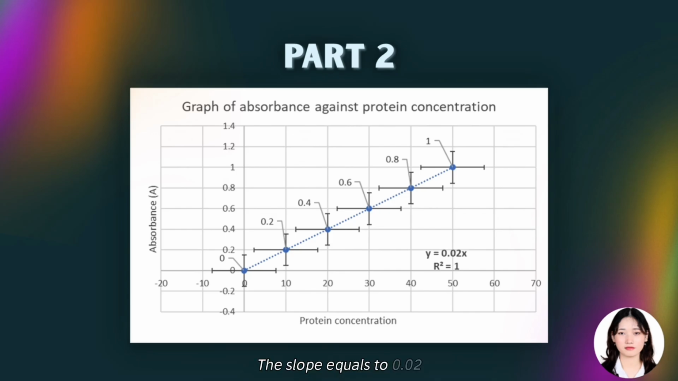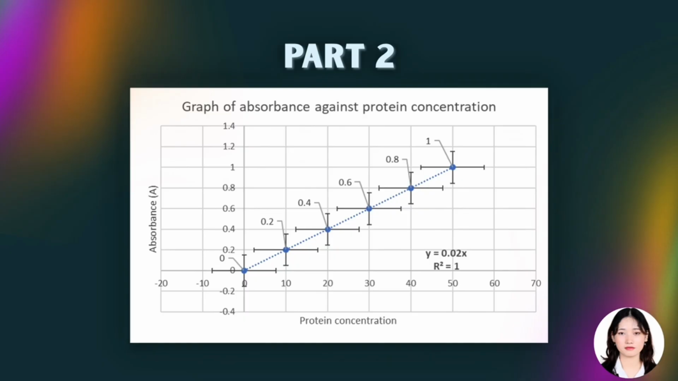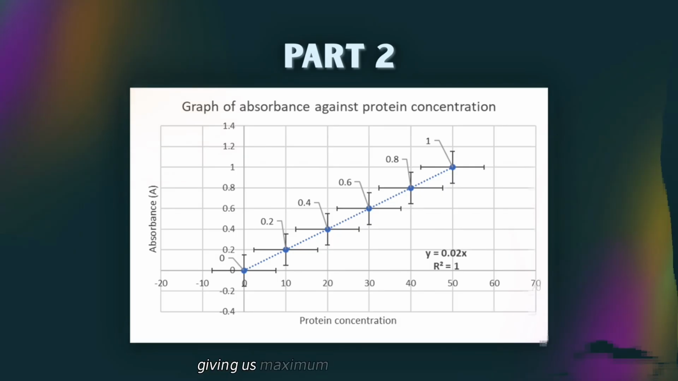The slope equals 0.02, a non-zero positive slope confirming our assay was successful. It means the protein reacted with the Bradford reagent and is actively absorbing light at 595 nanometers. The value of 0.02 is a measure of the dye sensitivity to this protein. The y-intercept is 0, which is ideal. This proves that the spectrophotometer was properly blanked with the reagent solution, ensuring all measured absorbance is purely due to the protein. Our coefficient of determination, R-square, is a perfect 1.0. This tells us our standard solutions were prepared precisely and our readings were accurate, giving us maximum confidence in this